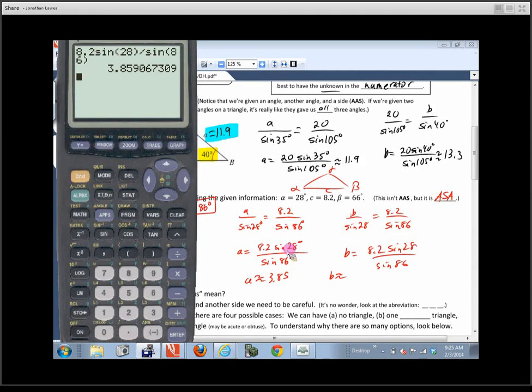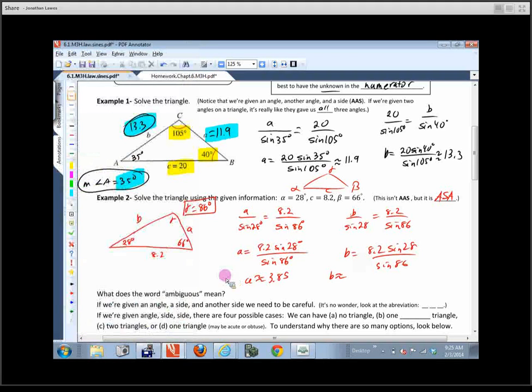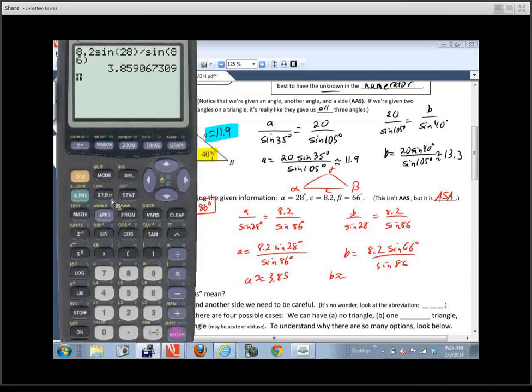And if you haven't noticed this, remember on your calculator, you'll notice that this structure right here, 8.2 times the sine of 28 over the sine of 86, that's what will give us A. This looks exactly the same, so the only thing I need to change is the size of that angle right there. Or let's see, I wrote down the wrong one, didn't I? Should be 66, there we go. So I'm just going to recall that, and the only thing I need to edit here is to make the 28 a 66, and I end up with